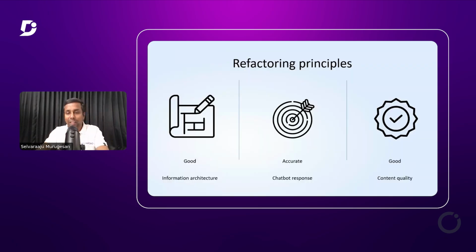Okay, given that you understand how RAG works in the chatbot, let's dive into how I can refactor the content, which is the essence of this webinar, in terms of how you make sure you architect the existing content to be suitable for AI. There are a few principles a tech writer has to follow. The first thing is you need to have a good information architecture. You have to write the whole documentation in a way that a user or an AI chatbot finds it easy